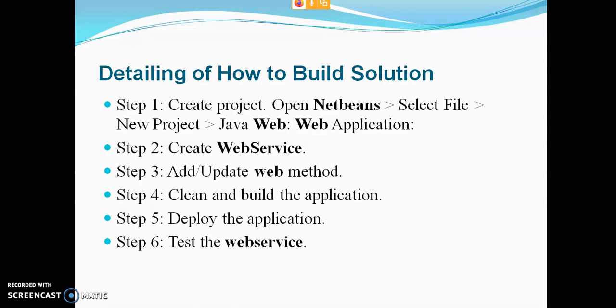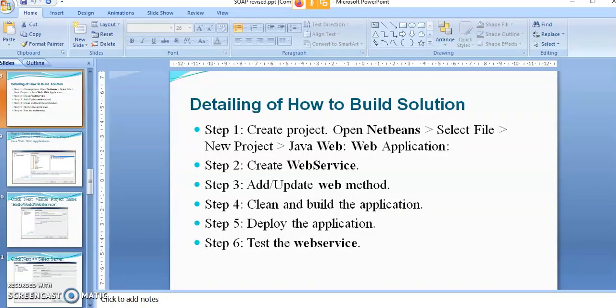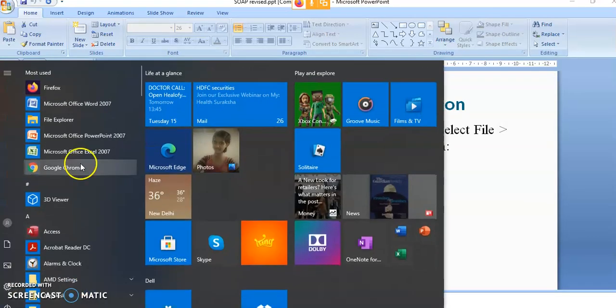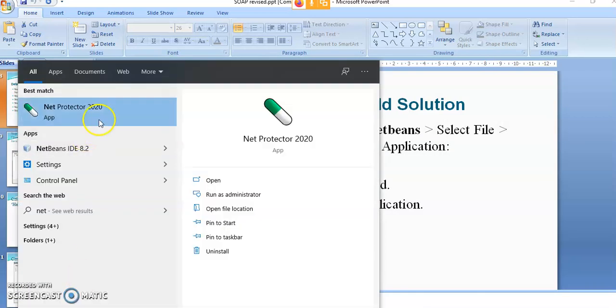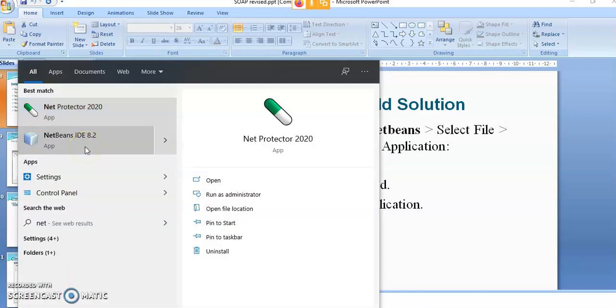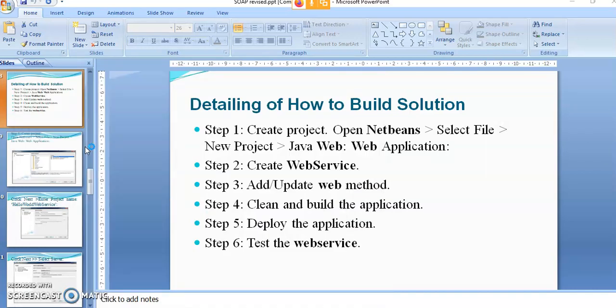Okay, so I will open NetBeans. It takes time. Please wait for that.